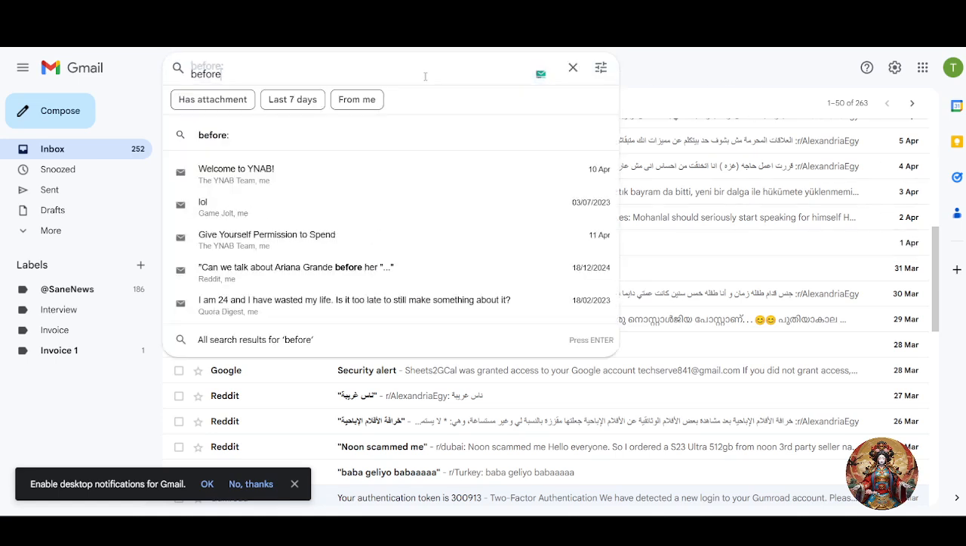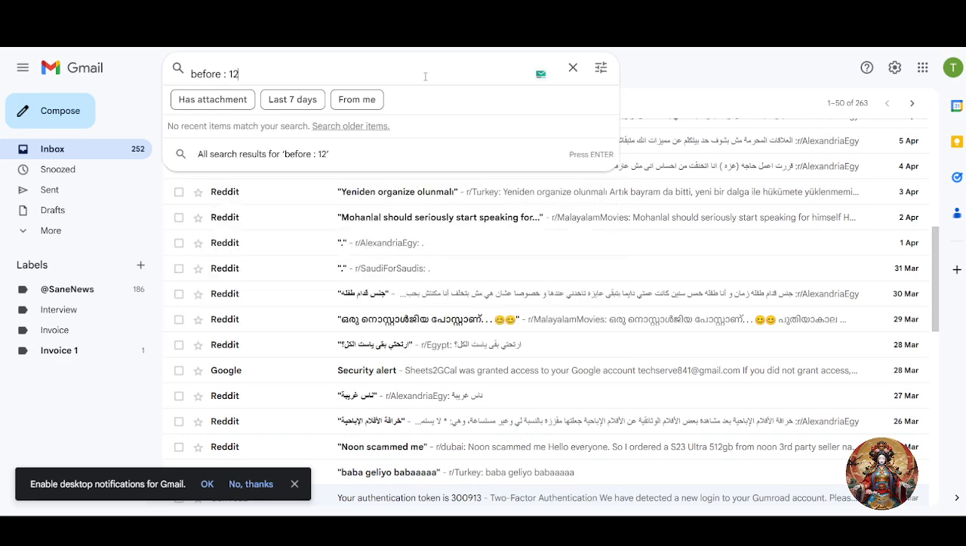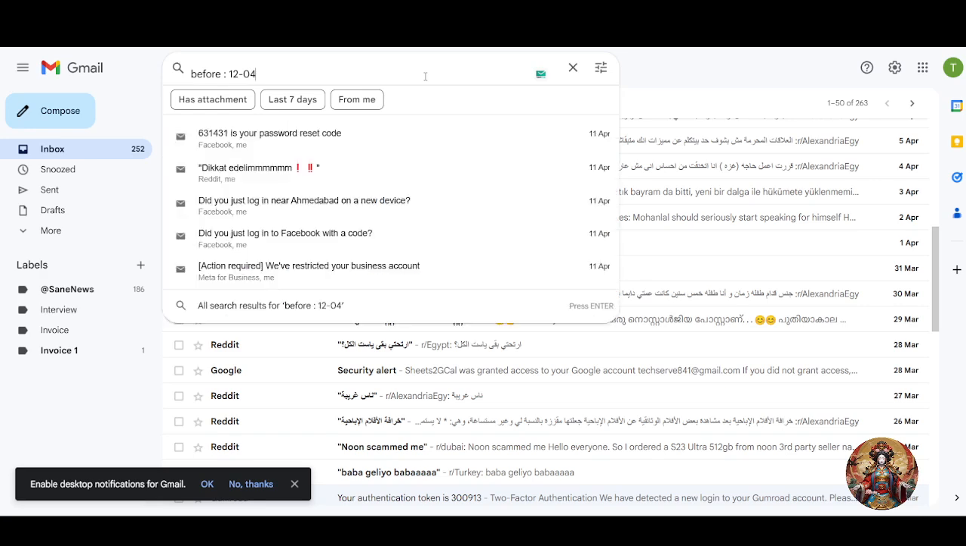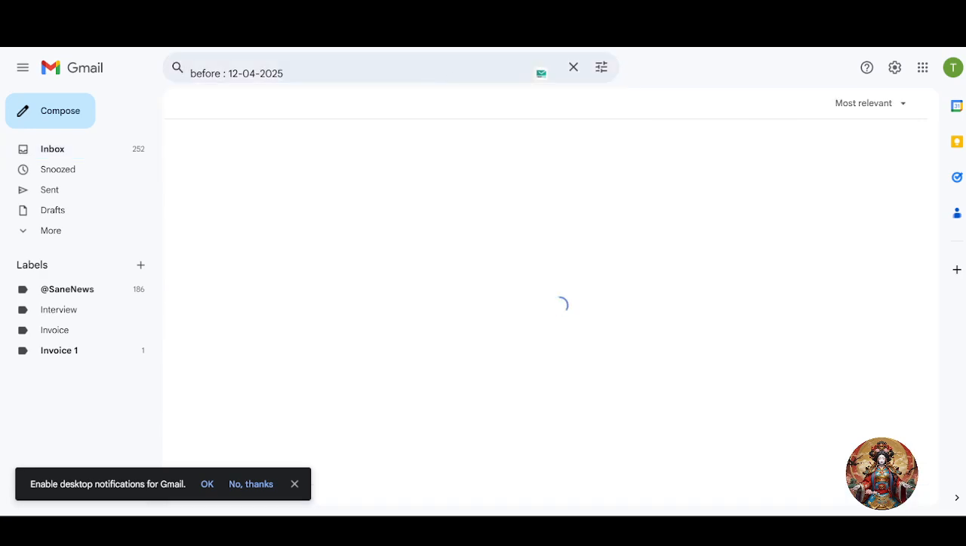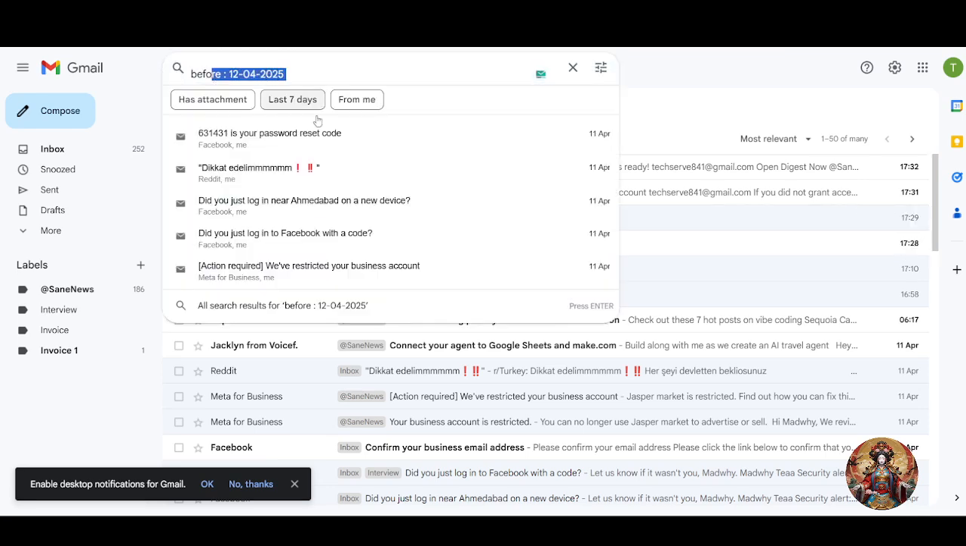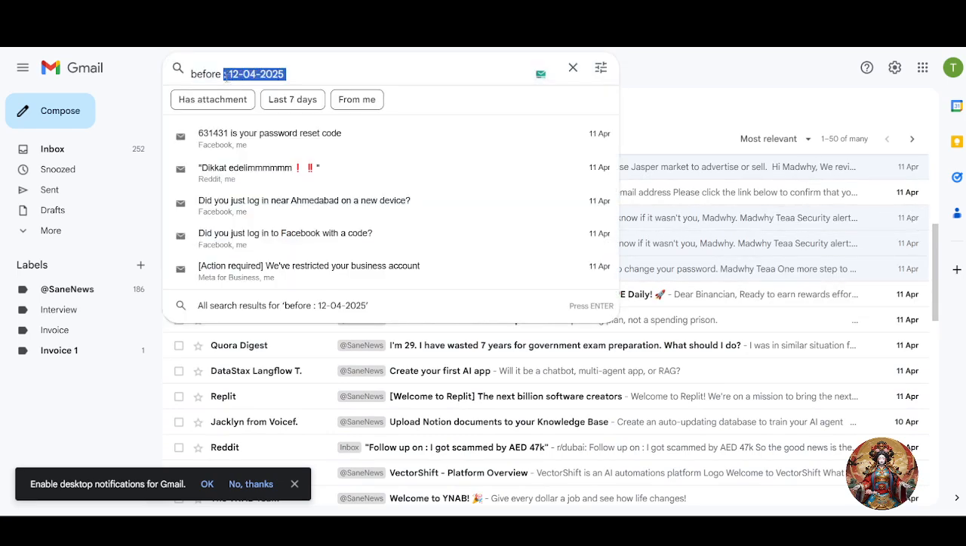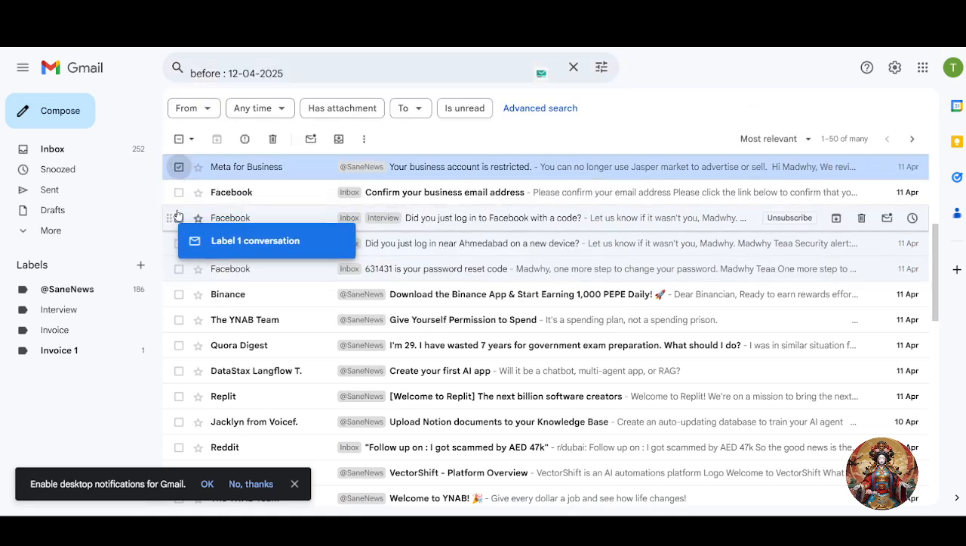before, then two dots, then the date. Now you have to mention the date. For example, I will mention a date like today. So it will filter all the emails which came before this date. And if you want emails deleted before this date, you can just simply select all